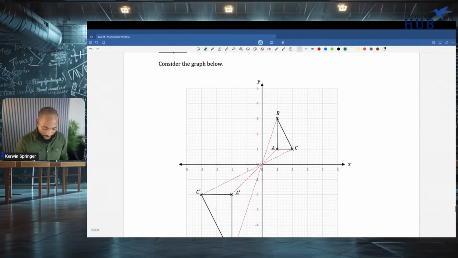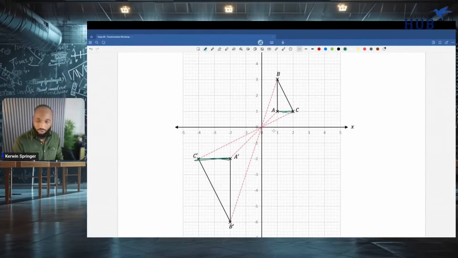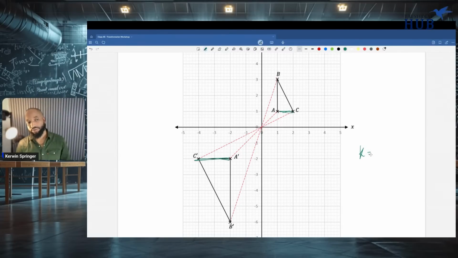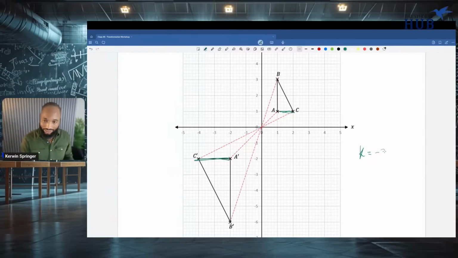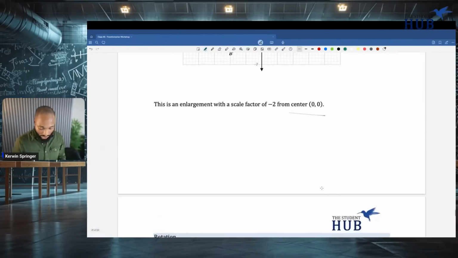We keep it pumping. What do you think the scale factor of enlargement is here, class? This length is twice this length. So what is the scale factor? The scale factor of enlargement for this is -2. Excellent. Ooh, and everybody remember, even Zach, no trap cards for Zach. Well done, Mr. Zach. So -2 from the center, 0, 0.